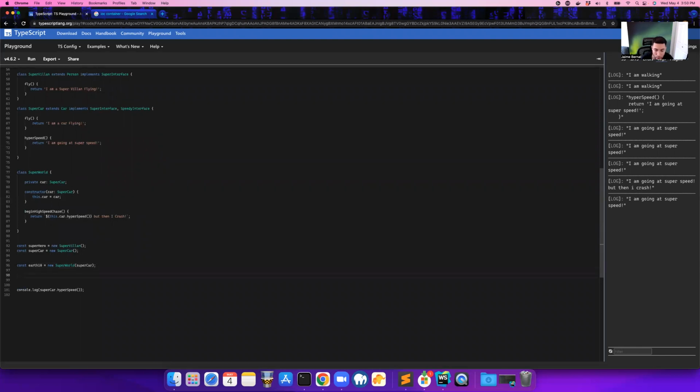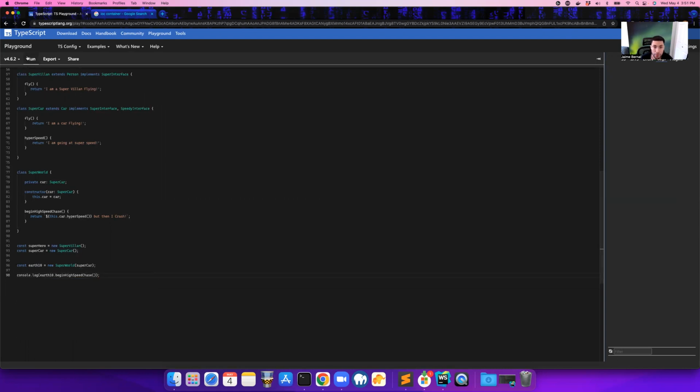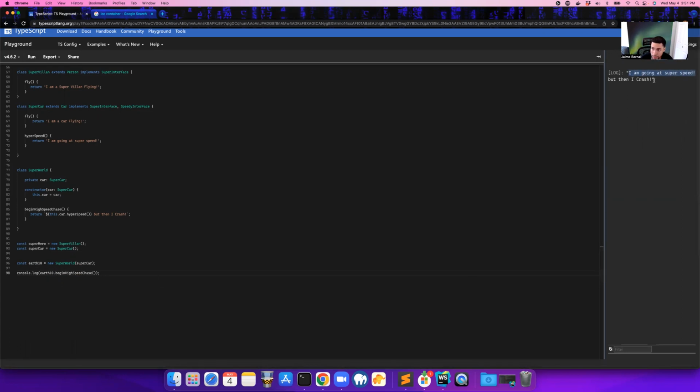Because let's say I wanted to use this earth10. So what I'm going to do is I'm going to say something like earth10.beginHighSpeedChase. And let me console.log that here. And then we can actually run the code. So if I hit run code, you'll notice it says I am going at super speed, but then I crash,